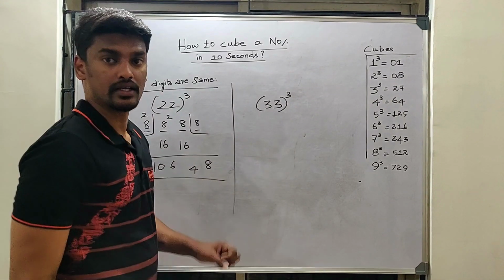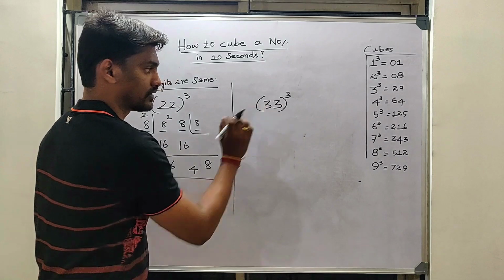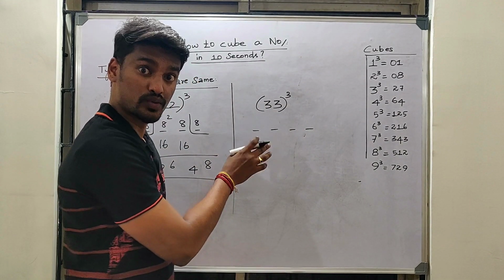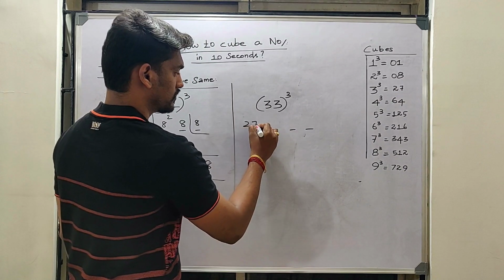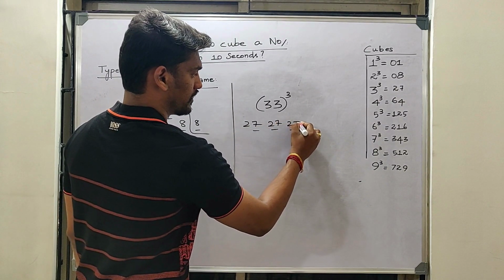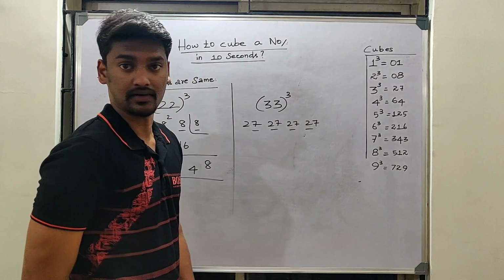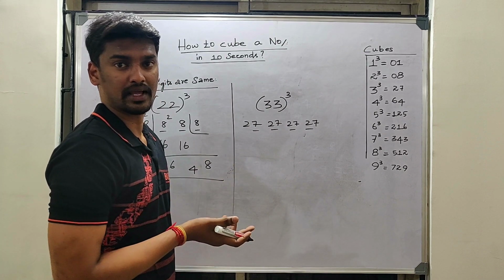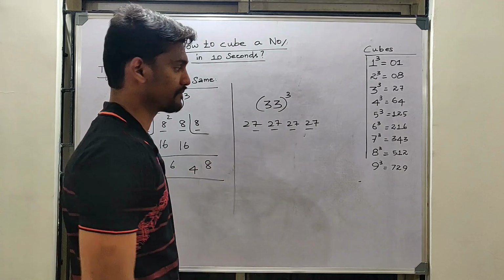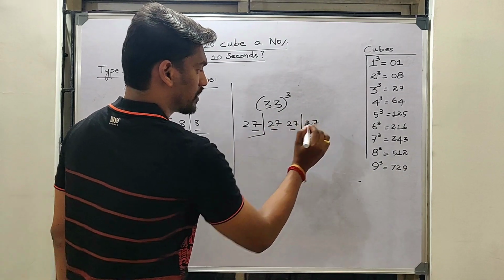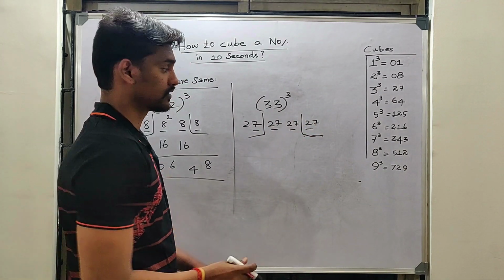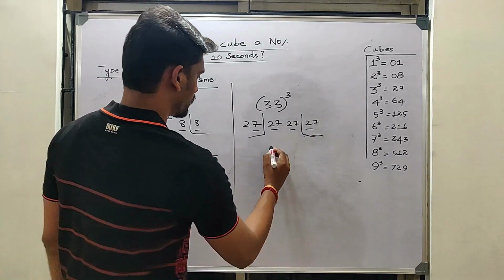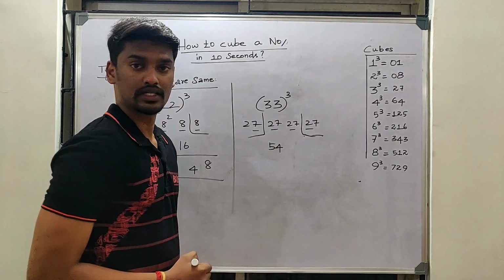Now let's try to do 33, and you people also do along with me. So 33. So what we have to do in all the 4 places, we have to write the cube of the number. So 3 cube is 27, 27, 27 and 27. So if your first step is done, then second step is nothing but multiplication, and third step is just addition. Okay. So we have to ignore the first and the last numbers. We have to take the middle 2 numbers and we have to multiply it by 2. So 27 into 2 it is 54.